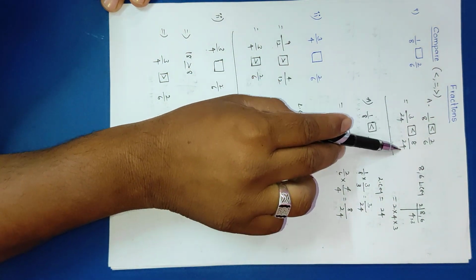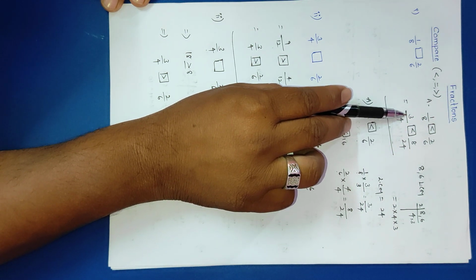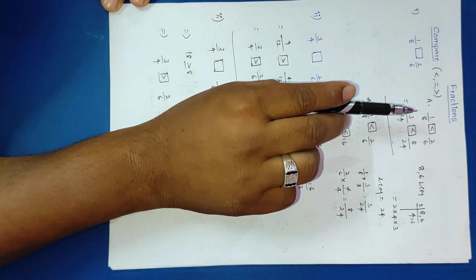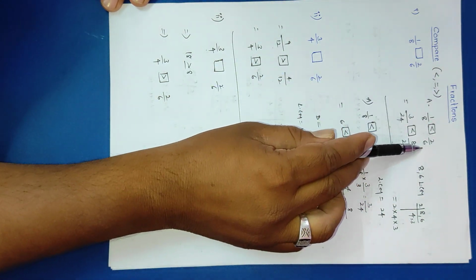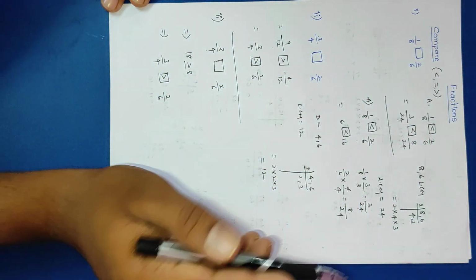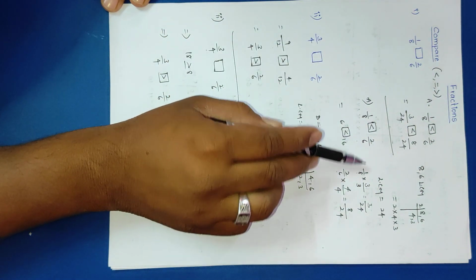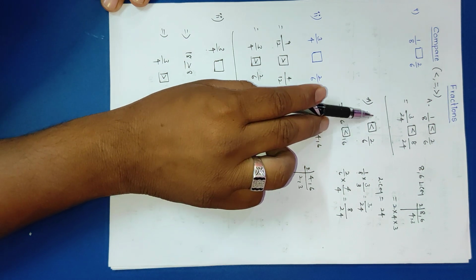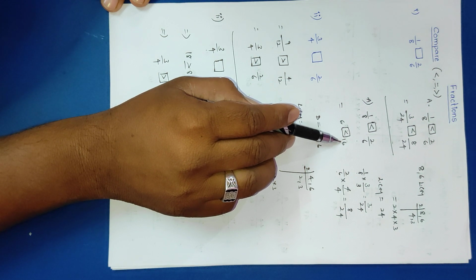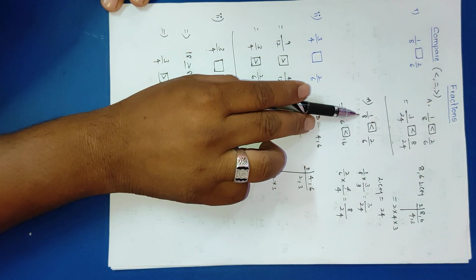Now these two are like fractions. Easily, whichever numerator is small, that is the smallest fraction, and whichever numerator is big, that is the biggest fraction. So 2/6 is the bigger fraction of these two. Now another method for 1/8 and 2/6: simply do the cross multiplication. 6 1s are 6, 8 2s are 16. 16 is the bigger number, so 2/6 is bigger than 1/8.